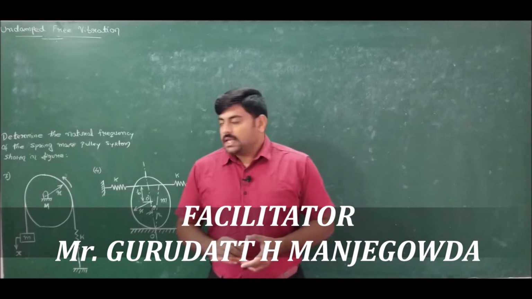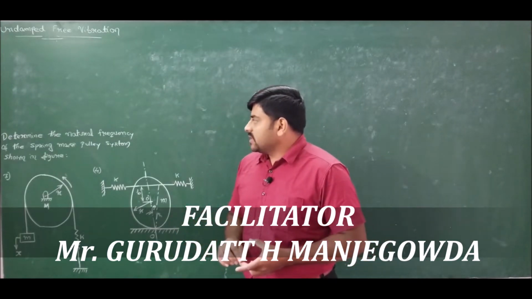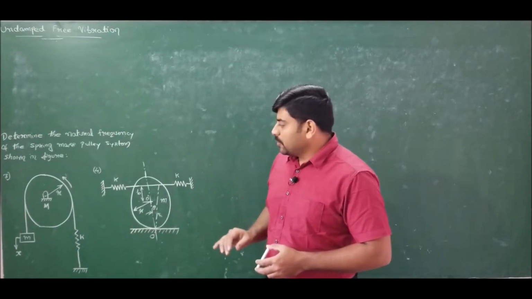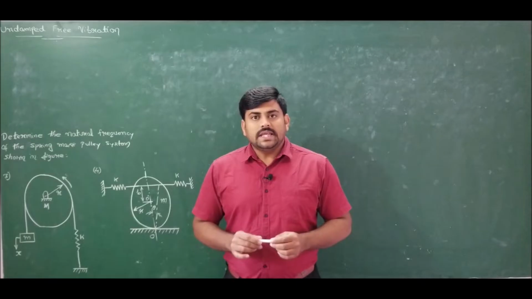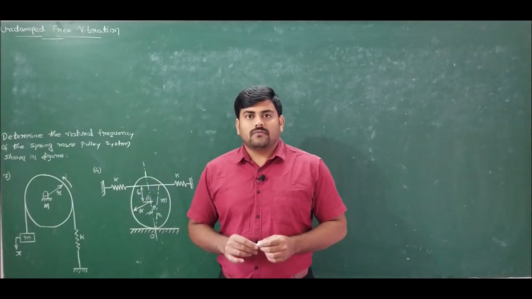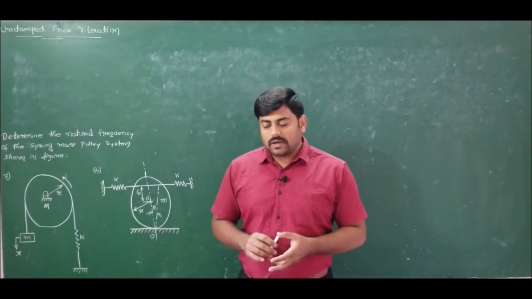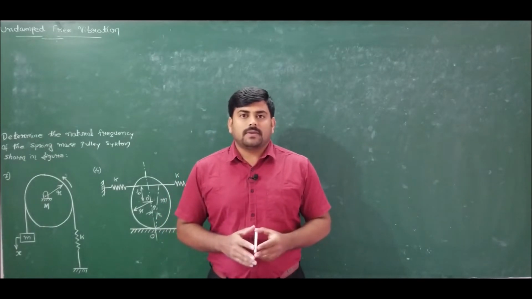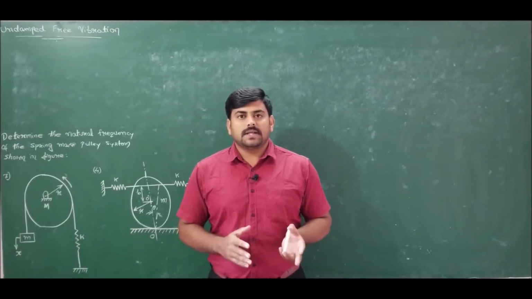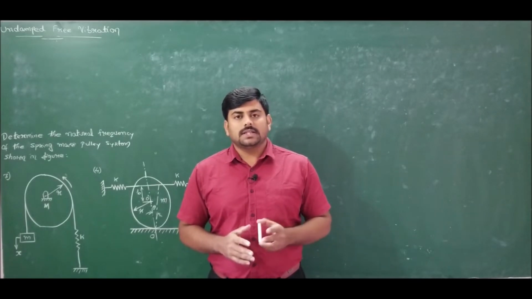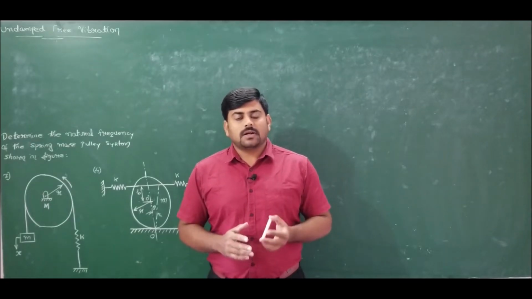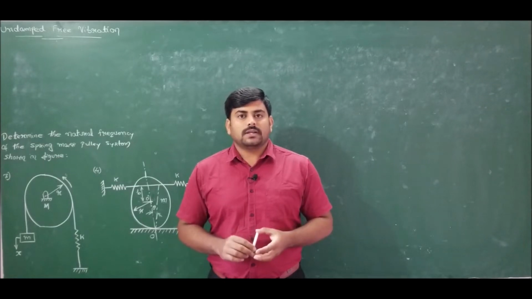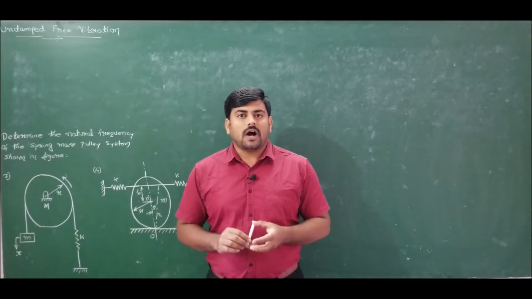Problems number 3 and 4 state: determine the natural frequency of the spring mass pulley system as shown in the figure. In order to address problems on pulleys, we should know the equivalent torsional parameters that we use for the linear parameters, because you have understood the linear parameters better compared to the torsional parameters. The linear displacement is x, the linear velocity is x dot, the linear acceleration is x double dot, whereas the kinetic energy when a body moves linearly is half mv square, and the potential energy of the spring is given by half kx square.